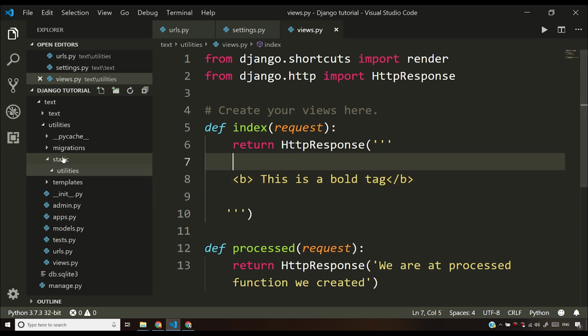Now you might say, Harry, why did you create a static folder and then create a utilities folder inside the static folder? Why can't we have static files directly inside a static folder? The answer is you might have some conflicting files from different apps and you don't want them to conflict with each other. So if you request a file from one app, you want it to be in that app